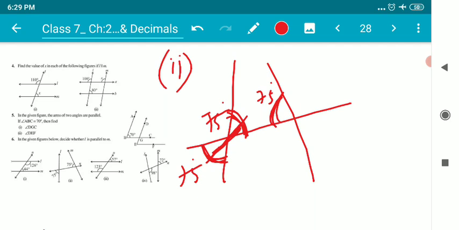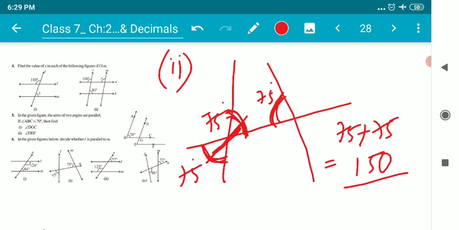According to the laws of parallel lines, if the sum of these two angles comes to 180 degrees, then they have to be parallel lines, because we know the property that the sum of co-interior angles on the same side of the transversal is always 180. So let us add 75 and 75. 75 plus 75 comes to 150 degrees. Children, again it's not coming 180 degrees, it's coming 150. So we cannot say that line L and line M are parallel. They are not parallel, they are just two simple line segments.